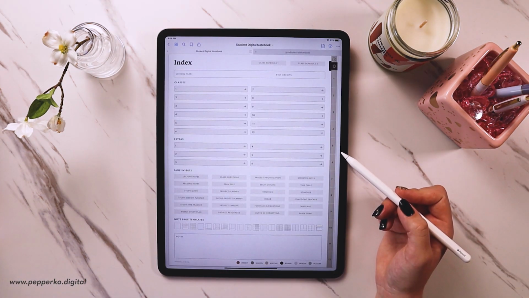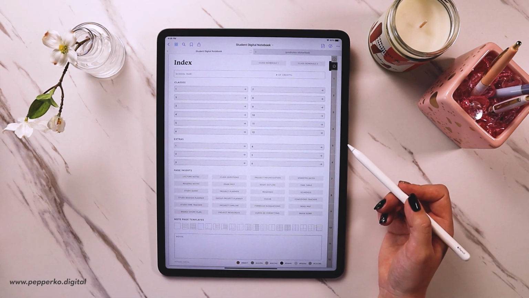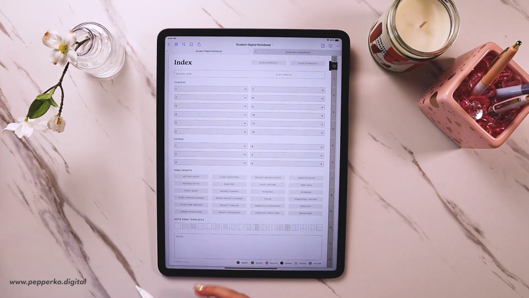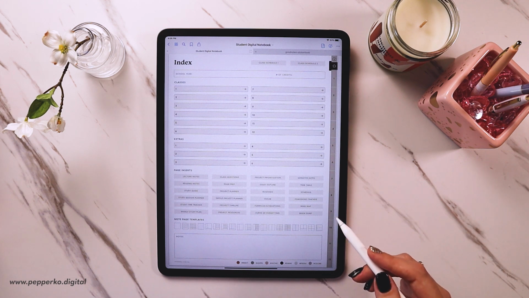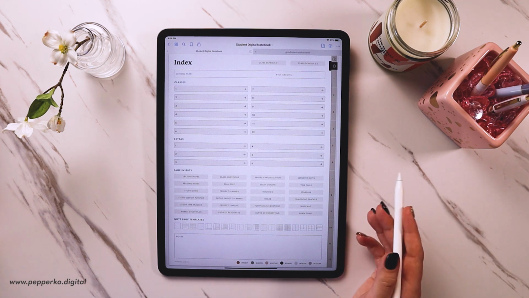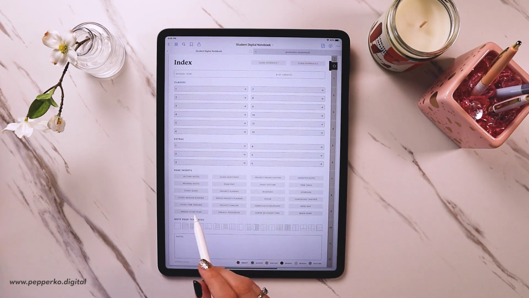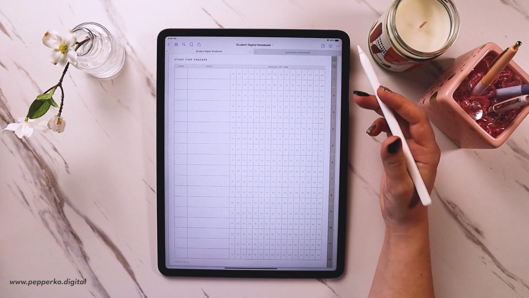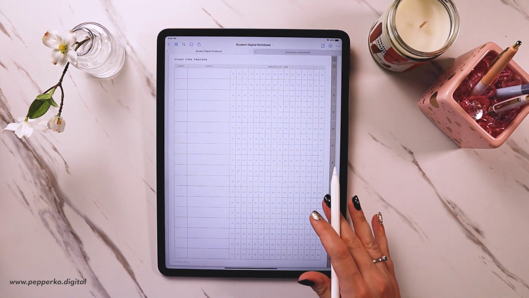Okay, so really quickly I want to go over some of the page inserts and how to use them, because even though most of them are intuitive to use, if you haven't used some of them before, then you may not know exactly how to get the most out of using them, so just want to go over some of them. For instance, the study time tracker, this is just a way for you to visually see how much time